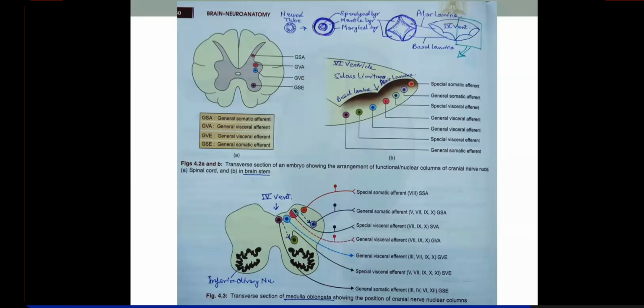Remember, this functional column was also present in the spinal cord. So this is the same, all sensations which were being received in lamina 1, 2, 3, 4, 5, 6, right? The sensations they were receiving were exteroceptive sensations, pain, temperature, pressure, vibration, then proprioceptive sensations like two-point discrimination and stereognosis and vibration, and then unconscious proprioceptive sensations from Golgi tendon and muscle spindle in the Clarke's column. So all this nucleus is called general somatic afferent. So this is the same nucleus here.